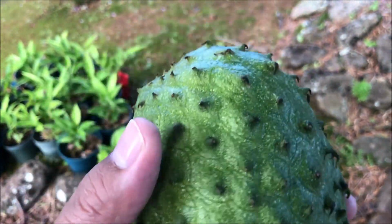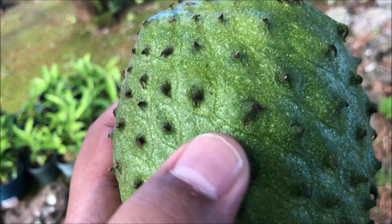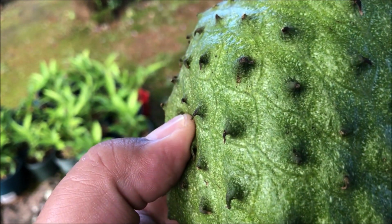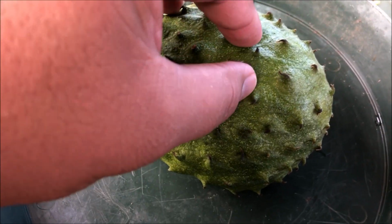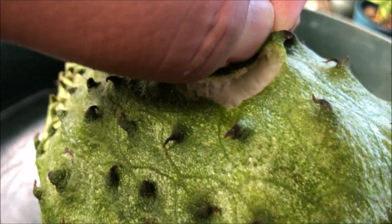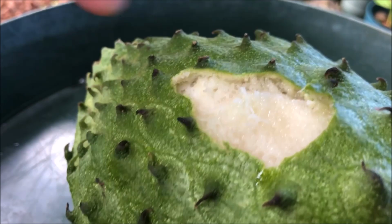The way you would tell that this can be eaten is it really softens up. As you can see here, I'm pushing on it right there. It's really mushy inside. That's exactly what it is. So we'll try and puncture it right here. There you go. With the soursop fruit,